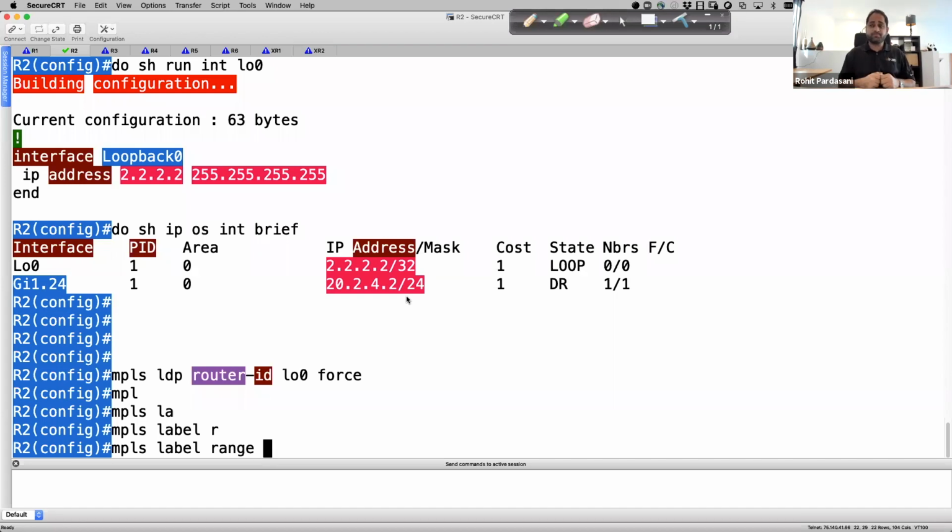So the reason I recommend giving a unique label range is that it becomes easier to troubleshoot when you look at a debug mpls packet or even a traceroute. It becomes easier because you know, okay, this label is from router 2. So what I normally do is give a unique label range for each of the routers. Obviously, this label range should be enough. Don't just give like